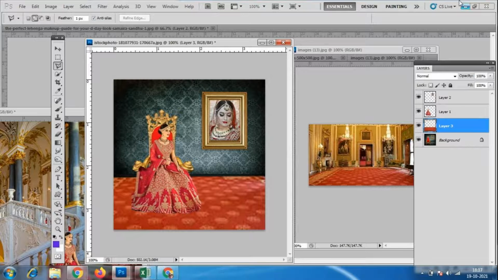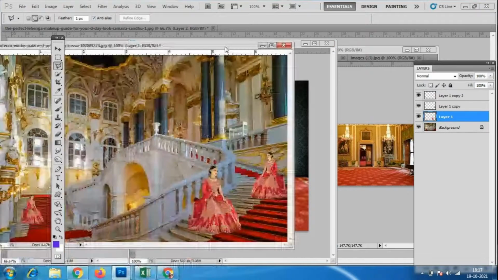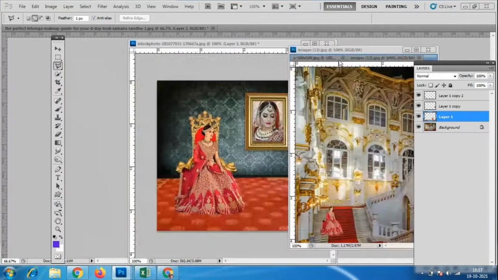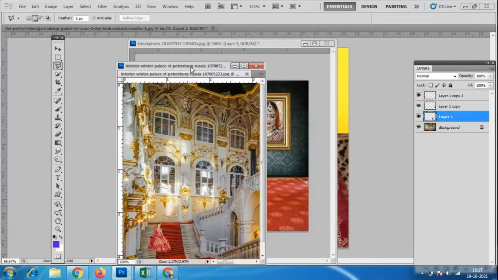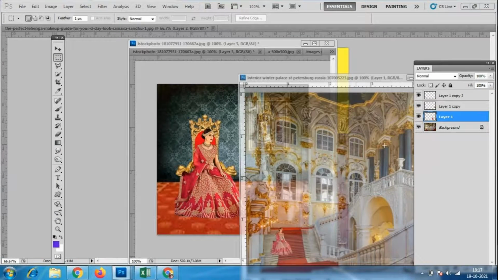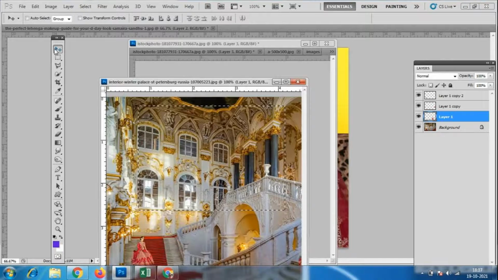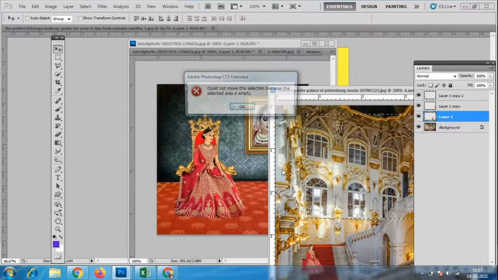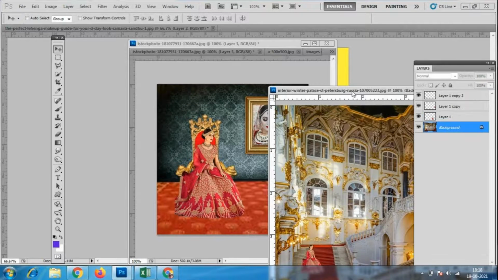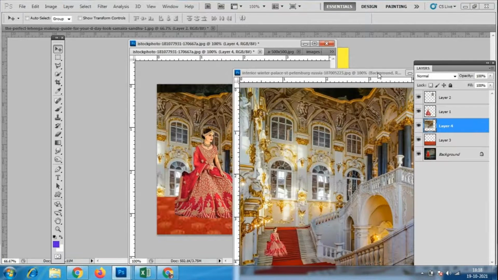Is that okay, everybody? Like that, you have to add one particular thing. However much of the part you want, you can cut only that much. Suppose I want only this much from this background. I'll take this much. Let us see whether it is matching or not. I'll go to this background layer. Whenever you have to take the copy of this, you have to select that particular layer.